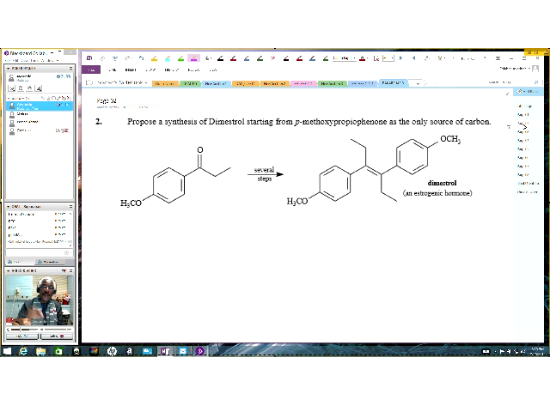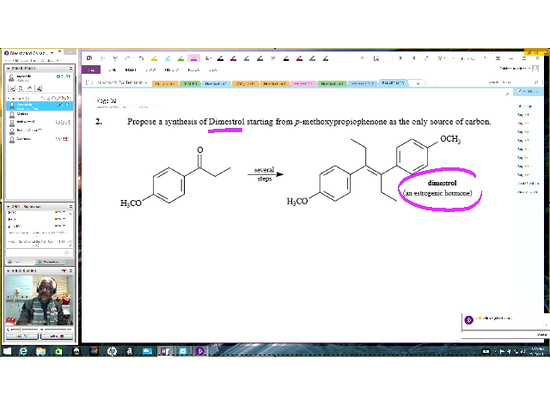Okay, this molecule here, dimestrol, is a sex hormone. Okay, so it's a very important biological molecule. Now, what they're asking you to do here, starting from this molecule here,